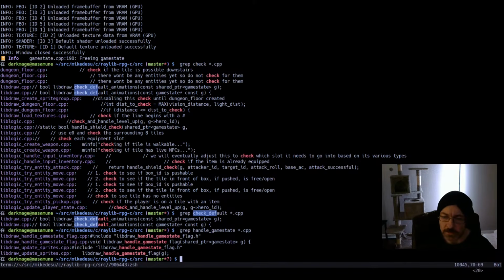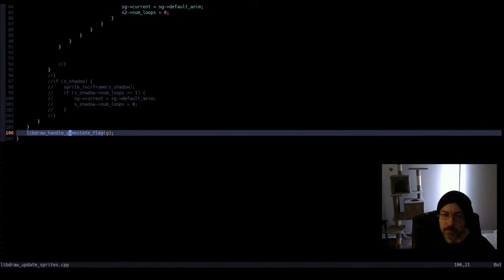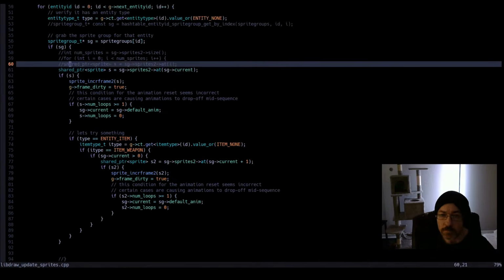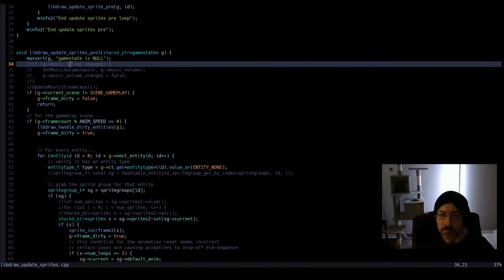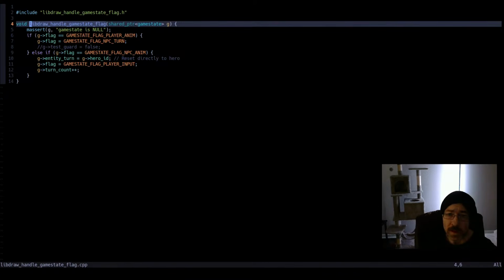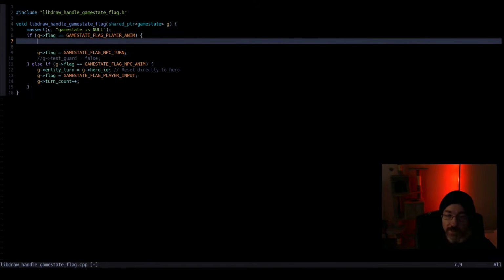Update sprites. I think this makes sense because if we attack an enemy and it's the player, we definitely want to wait until